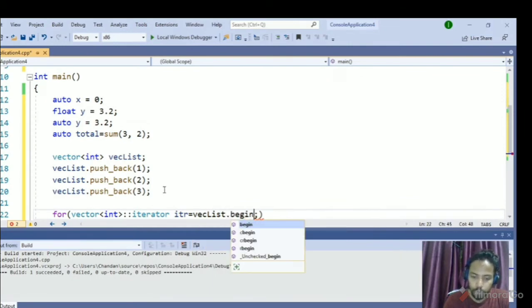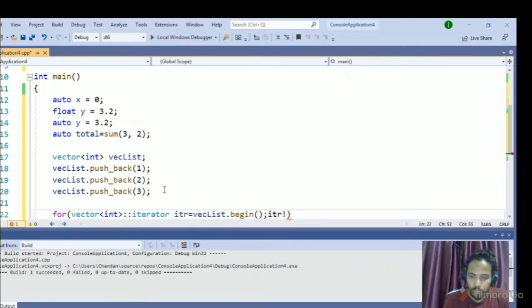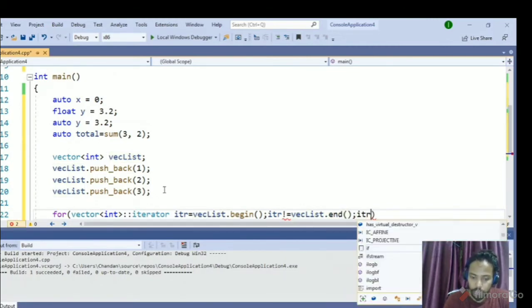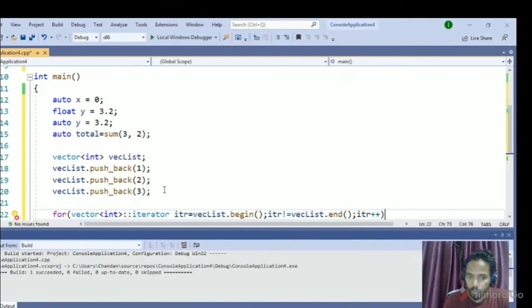So we'll use begin here. Then I have to check that itr should not be equal to veclist.end. So this is the way to check if we reach the end of a vector. Okay, so let's increment it on each go.